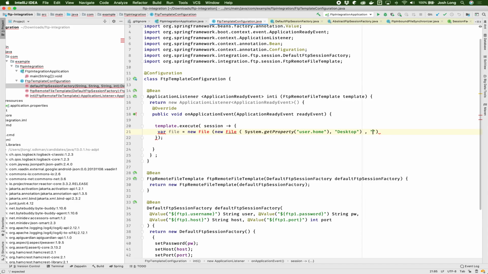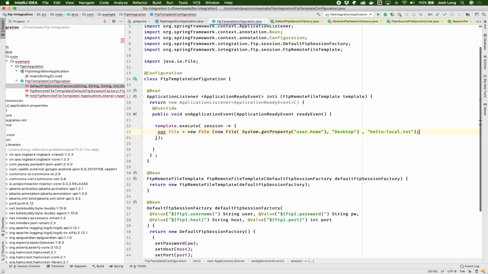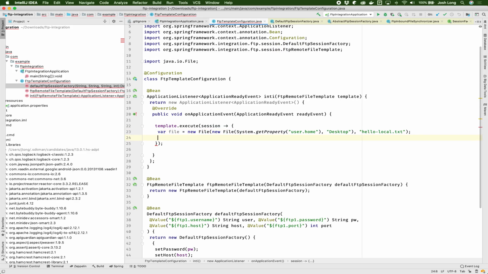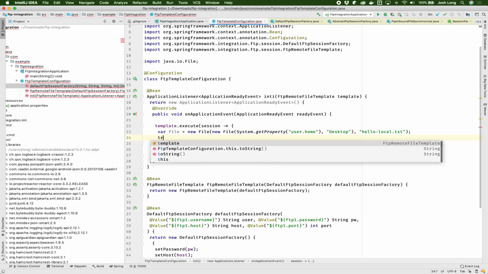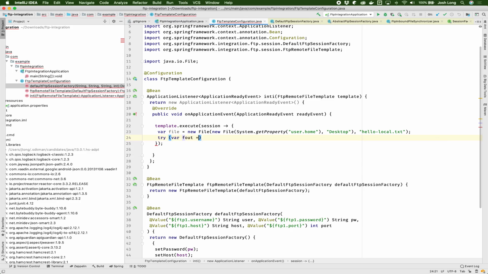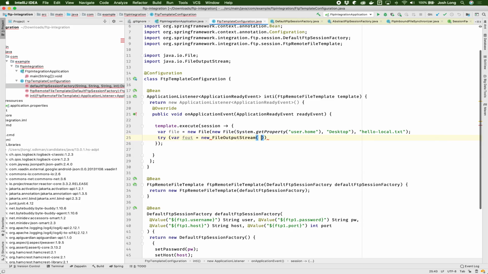So hello local.txt. Okay, that's my local file. And what I want to do is get some data from the remote system and read it into this local file. So I'm going to say try var fileOutputStream equals new FileOutputStream(file),